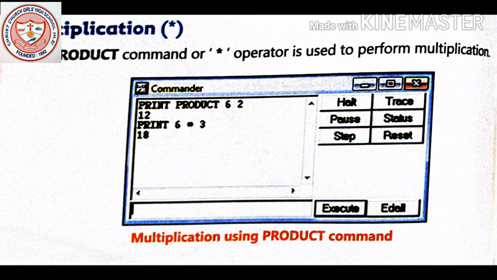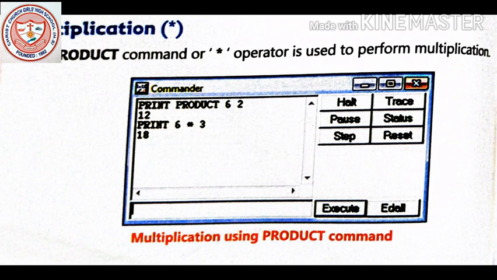So how to do it? Just print space product space 6 space 2 and then press enter. Product means multiplication. So 6 twos are 12.